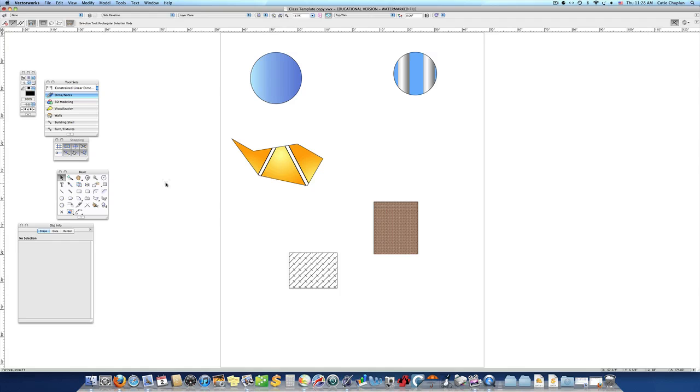The tool only works on hatches, tiles, gradients, and images. It has to be something that has editable qualities. Solid colors are not editable, nor are patterns. So we're just going to look at the hatches, tiles, and gradients and some images. So the first thing you do is